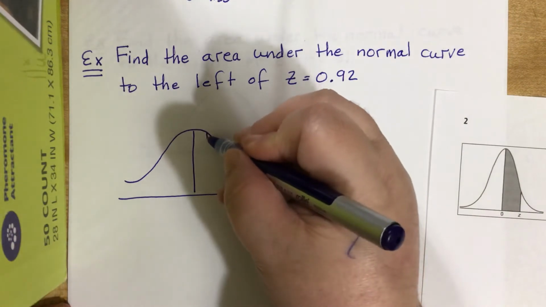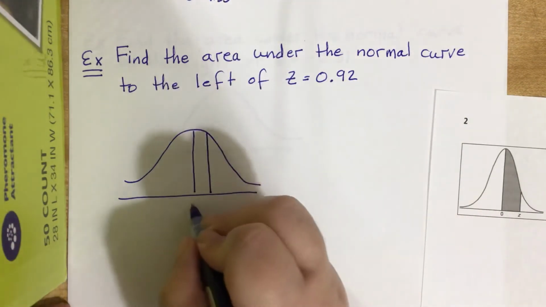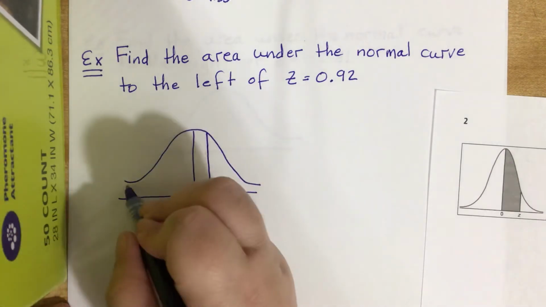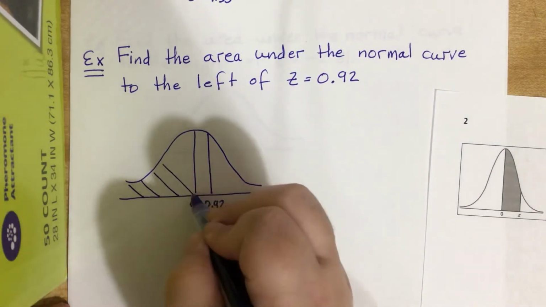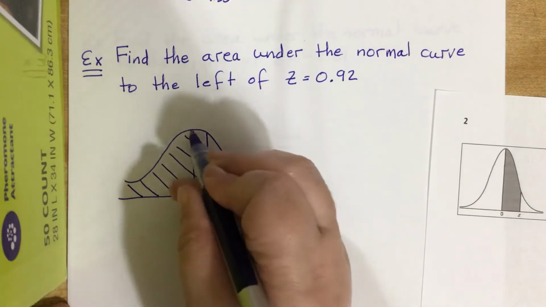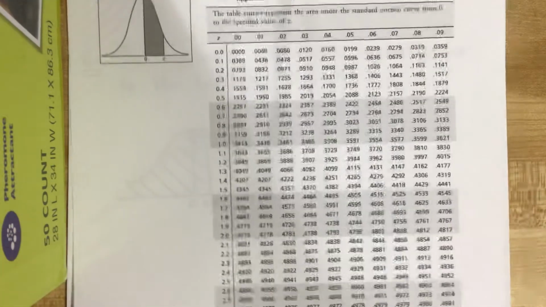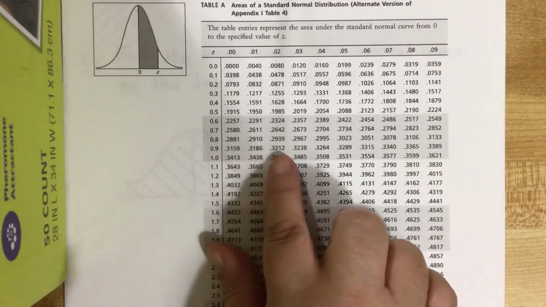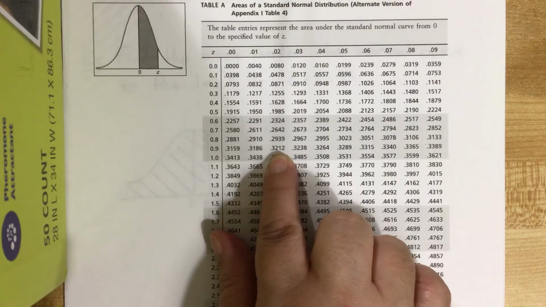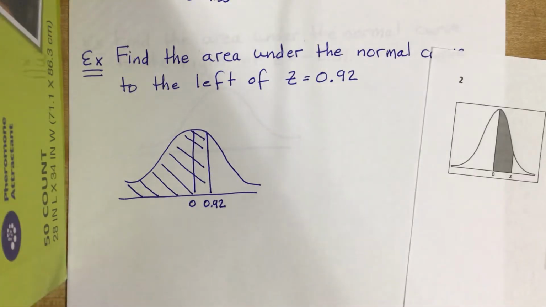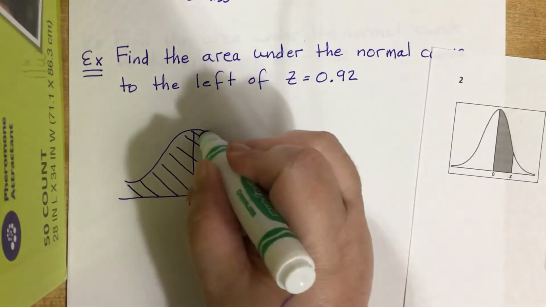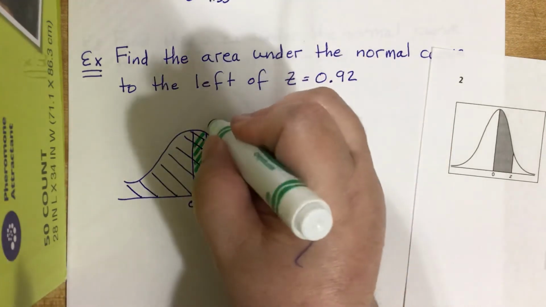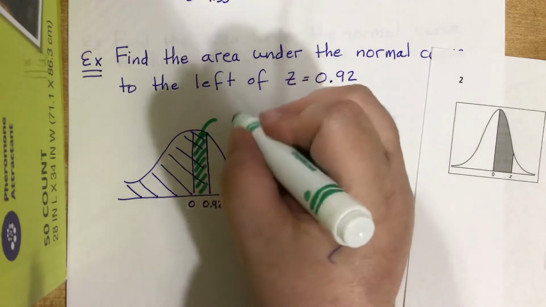So if I go to 0.92, 0 being in the middle, and we want to find the area to the left of that, when I look up 0.92, I get 0.3212. So that is telling me that the area between 0 and 0.92 is